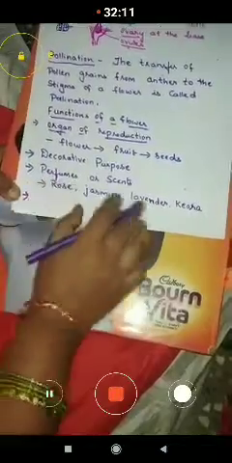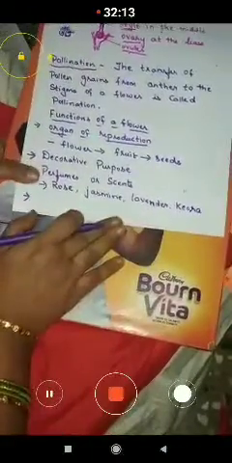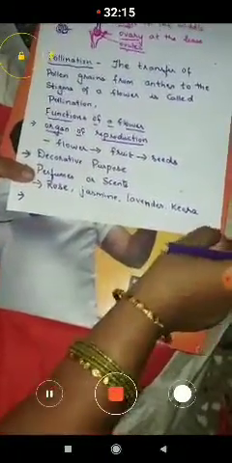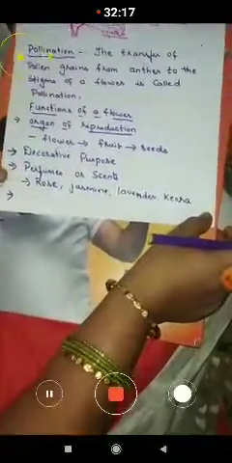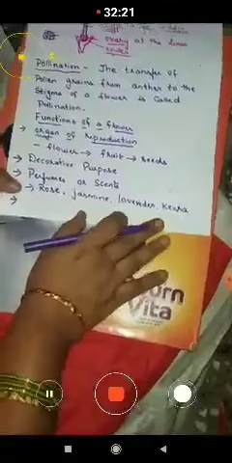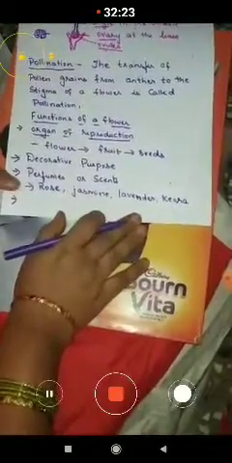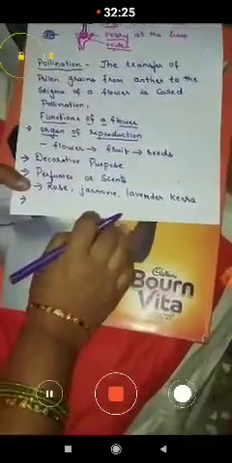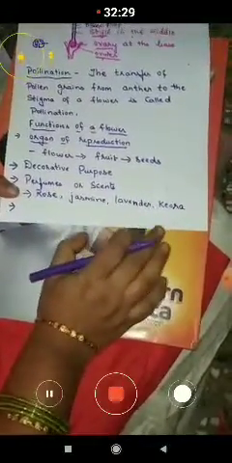Now the next function of the flower. As you all know, when you are getting a cough or cold, your mother gives you a clove to chew, so that the dryness and itchiness present in the neck region is released and you will be out of the cough. Okay, so the clove is used as a spice in our daily diet.